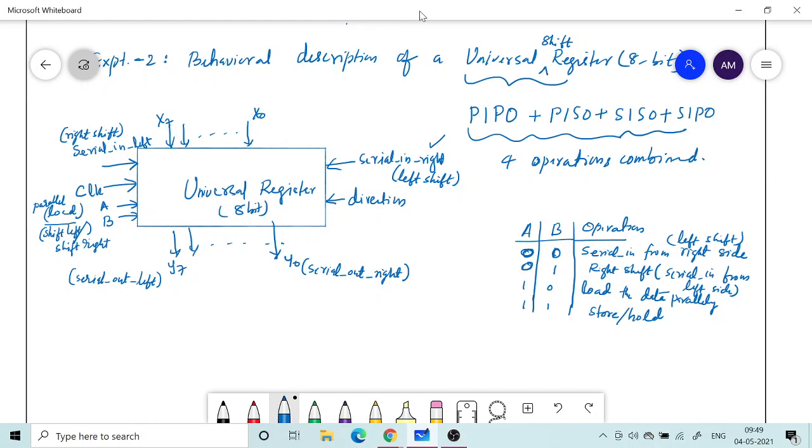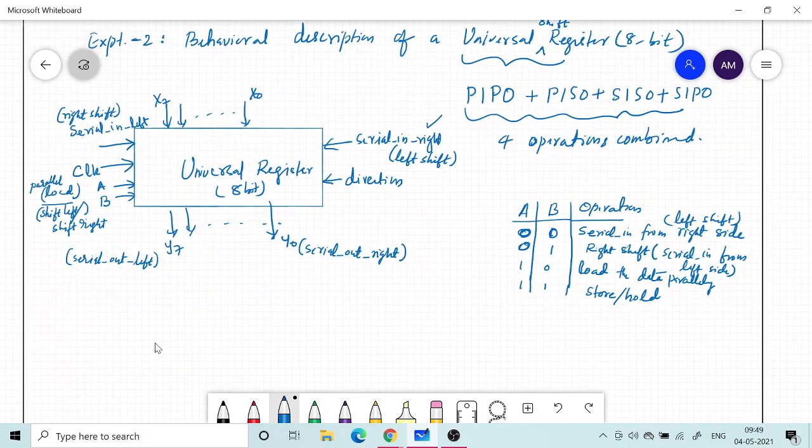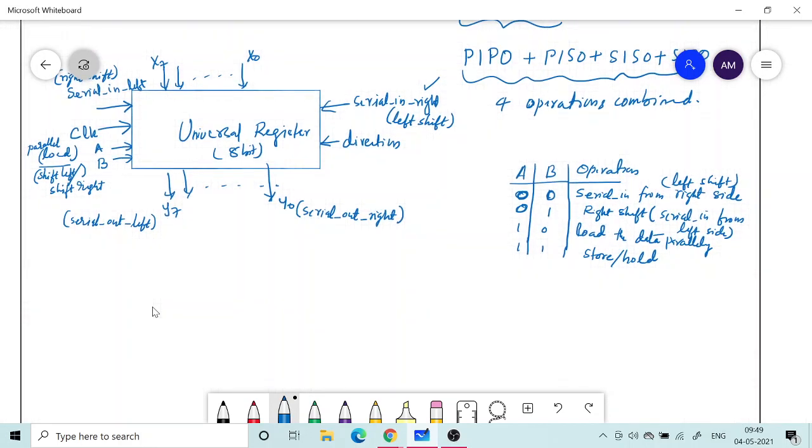So any of this you can interchange, because if you are doing it in a behavioral way, you can just simply change the condition under which what operation is taking place. That I leave to you. You can either choose this, or you can choose different.